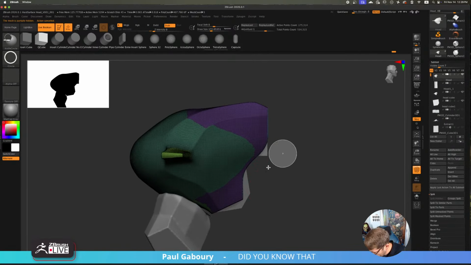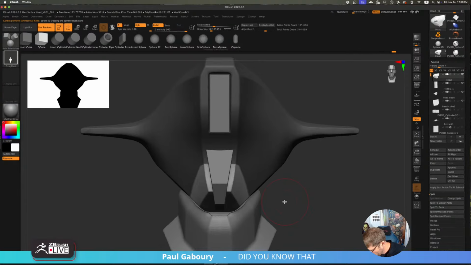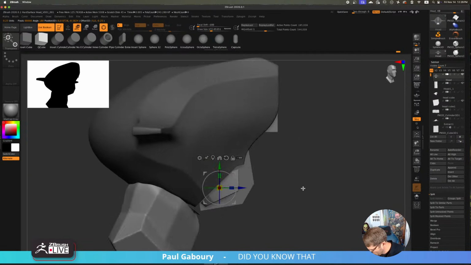What if we definitely don't want that curve? I'm intrigued. What is this going to look like if we do this? There's another one in here.